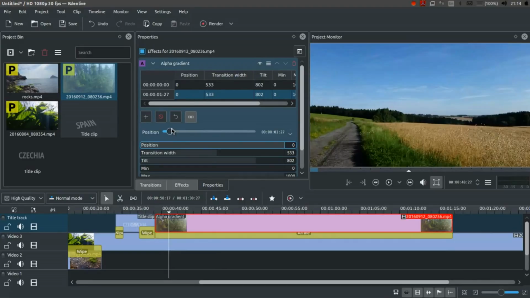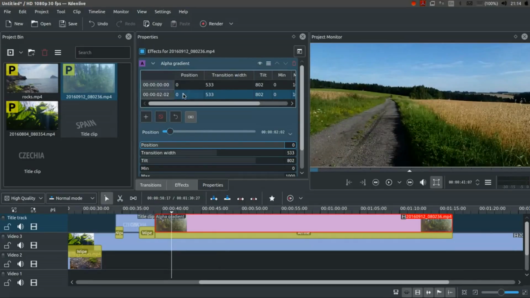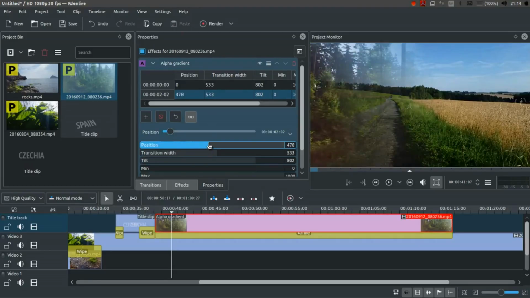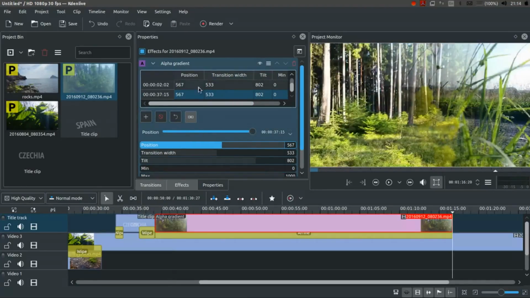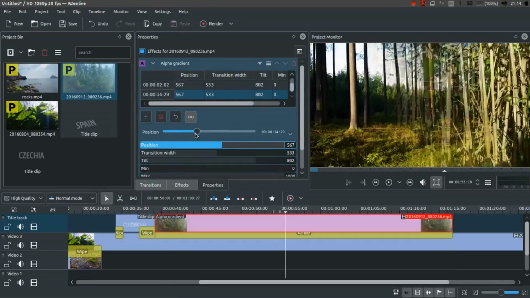But if we scrub to roughly here, we can then bring all this in. So it starts to merge with the rest. And we can add another keyframe. Again, it automatically goes to the end. What we'll do is we'll scrub to